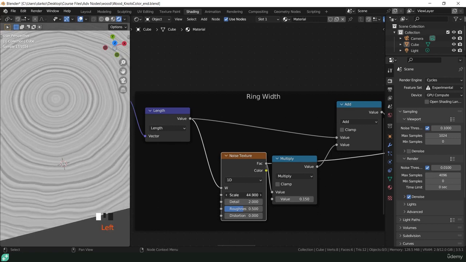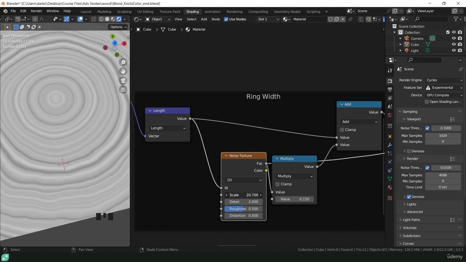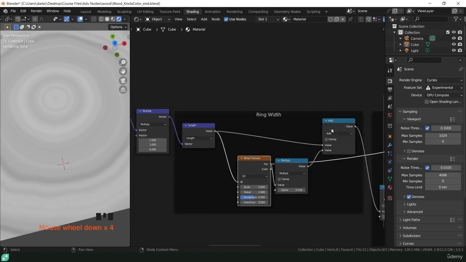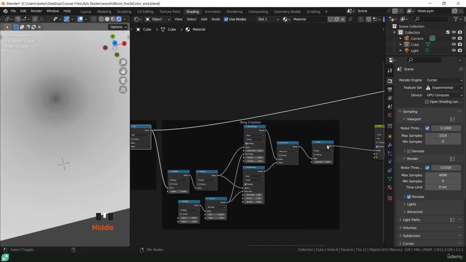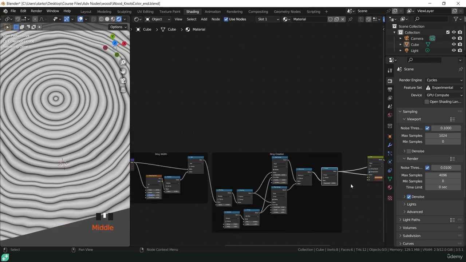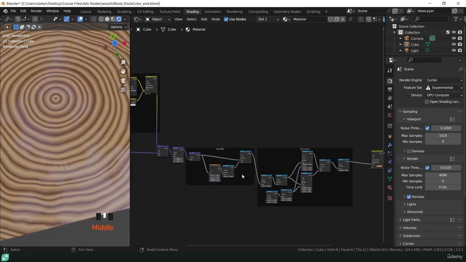So if we had a higher scale, we'd get different rings. If we have a lower scale, we would get these much wider rings. And we used this to change the width of our rings, so we had a little bit of variation in the width of these. Now, the easiest way to do this next part is essentially to use this same exact